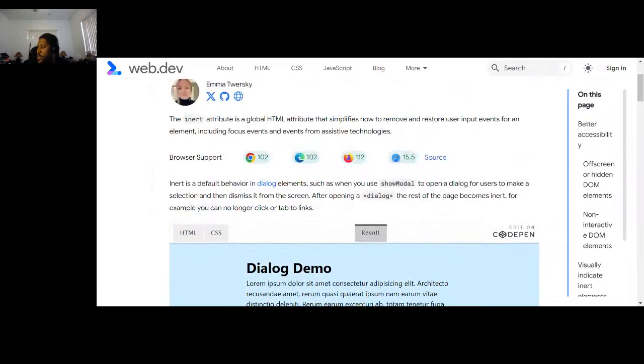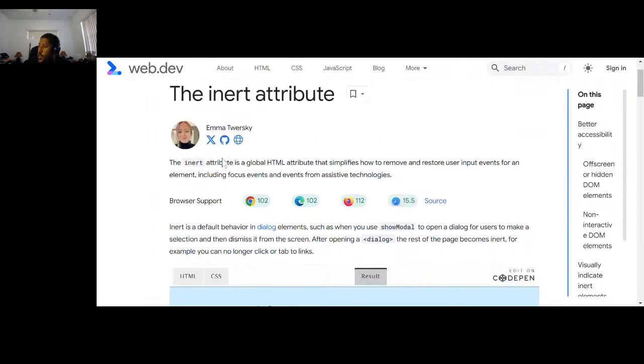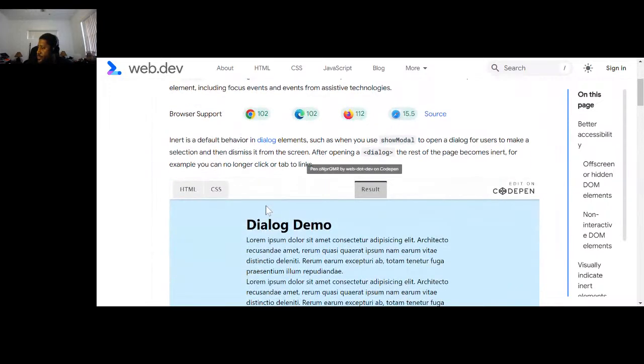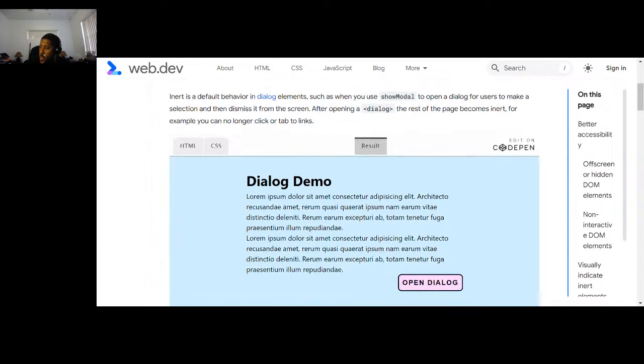Let's see. Inert is the default behavior in dialog. Oh, here we go. The inert attribute is a global HTML attribute that simplifies how to remove and restore user input events for an element, okay, including focus events and events from assistive technologies. All right. And it has good browser support. So inert is a default behavior in dialog elements, such as when you use show modal to open a dialog for users to make a selection and then dismiss it from the screen. After opening a dialog, the rest of the page becomes inert. For example, you can no longer click or